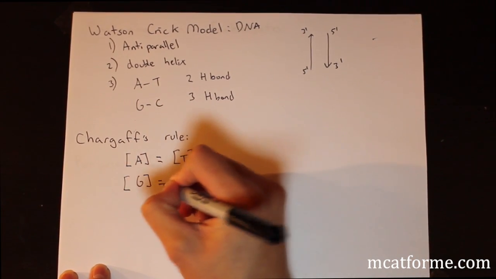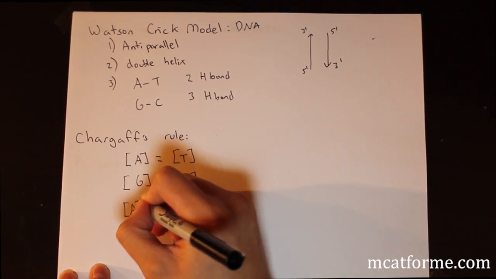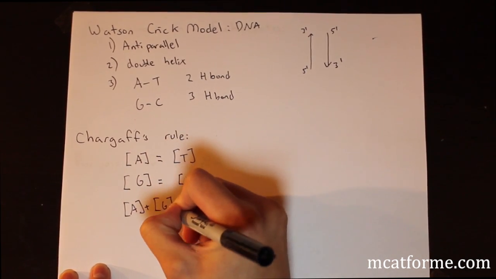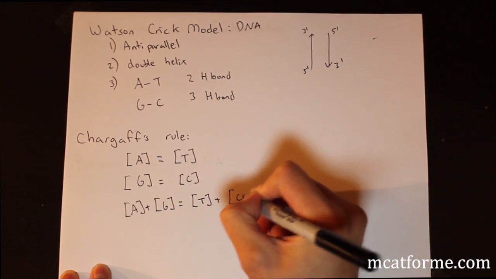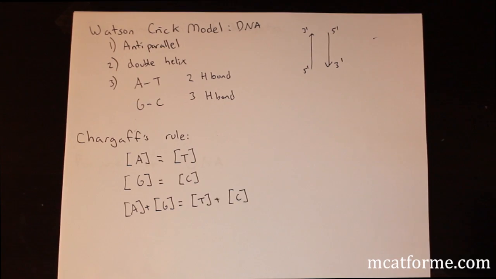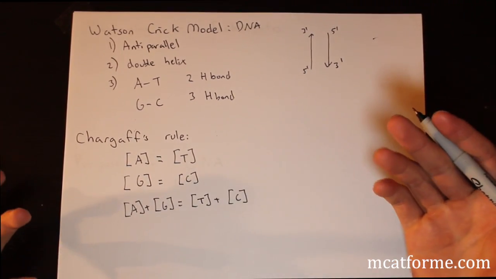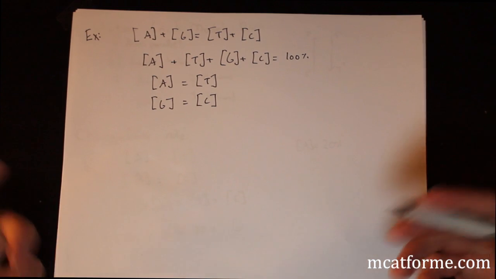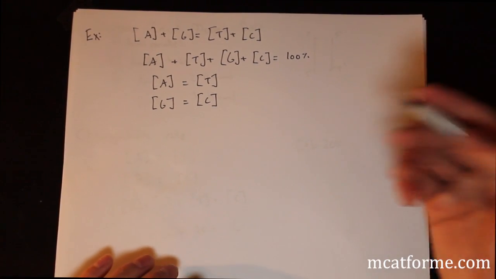So G equals C, same thing. And A plus G equals T plus C. Okay, so this should make sense. Just purines equals pyrimidines. The concentration of the two equal each other. Okay, so they could easily give us a question where they gave us a percentage of